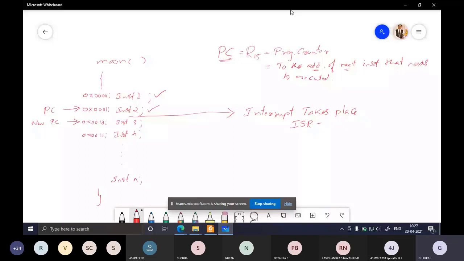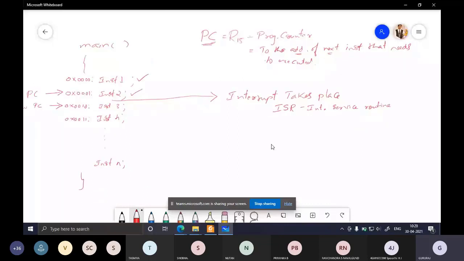We already studied this. ISR stands for interrupt service routine. Yeah, correct, exactly. So ISR is nothing but an interrupt service routine, which is a subroutine.